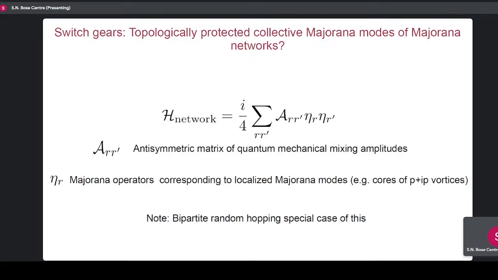So now, if you diagonalize this and look for its actual eigenmodes, these are not Majorana modes typically because they're mixed, they're lifted away from zero. But you can again imagine that some zero modes survive the mixing. And in that case, you can use those zero modes to define collective Majorana degrees of freedom that are genuine Majorana fermions protected from this, that exist in spite of it, right? So now the question becomes the question of topologically protected zero modes of a purely imaginary anti-symmetric matrix.